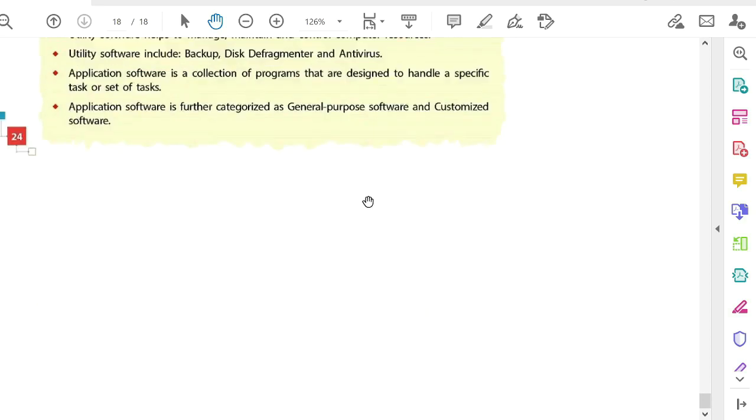Okay. So this way you have to read these two chapters to prepare yourself for the unit test. And in the unit test you will get four types of questions. Multiple choice questions, fill in the blanks where you have to write the answer by typing text. Then true false questions which you will select. And at last you may get one question where you have to write text in 1 or 2 lines, meaning a 2 or 3 marks question. So there will be two places in the test where you have to type: one is fill in the blanks, and the last question where you have to type the answer in 1 or 2 lines.